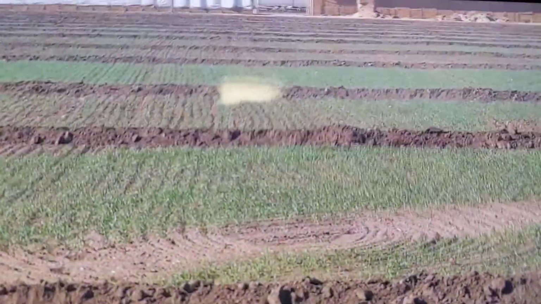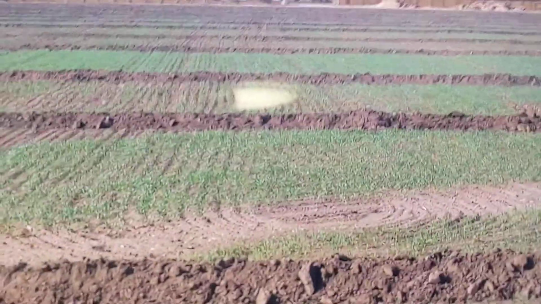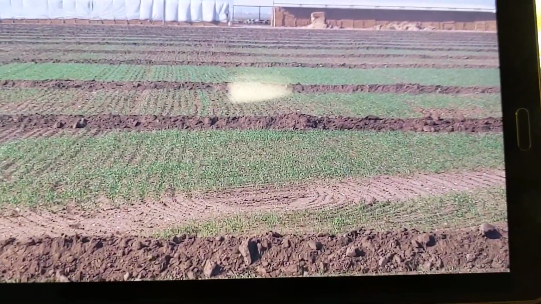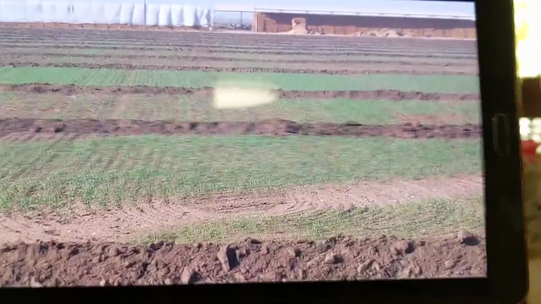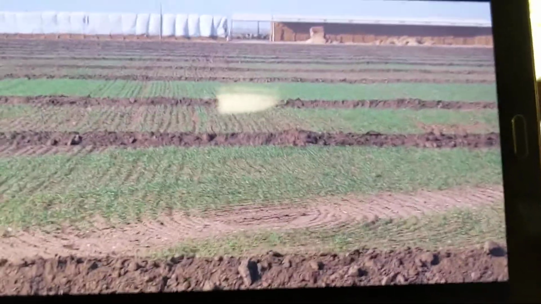Okay, this is a video I did the other day. It's out in a field. Now what you see are furrows going across the field. Now you notice the furrows in the back